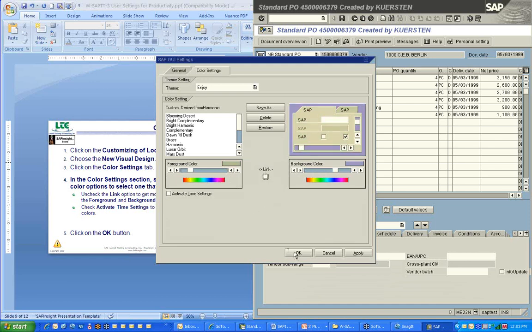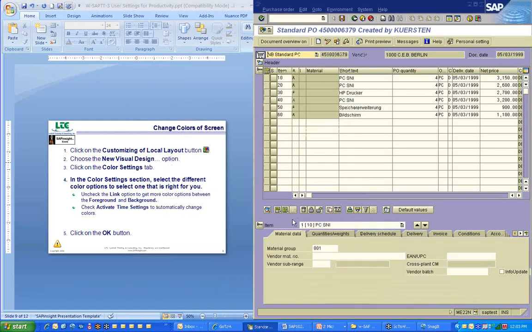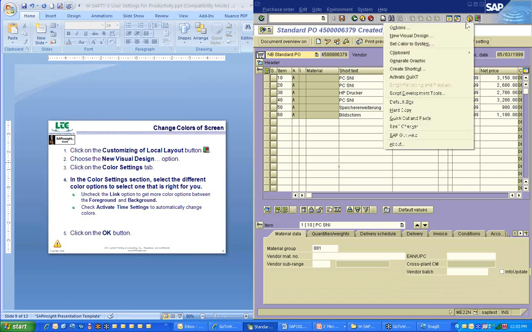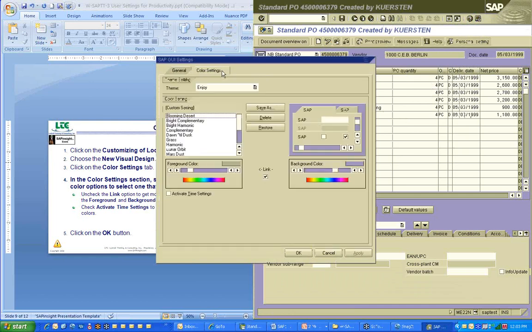And when I click on the OK button, it's going to change my color settings on my SAP screen. Click on OK, and ooh, that's not so nice. It looks like an Easter egg. I will immediately have to go change that. That's amazing. So the nice thing about this color option, I mean, really with the color changes, it's about personal